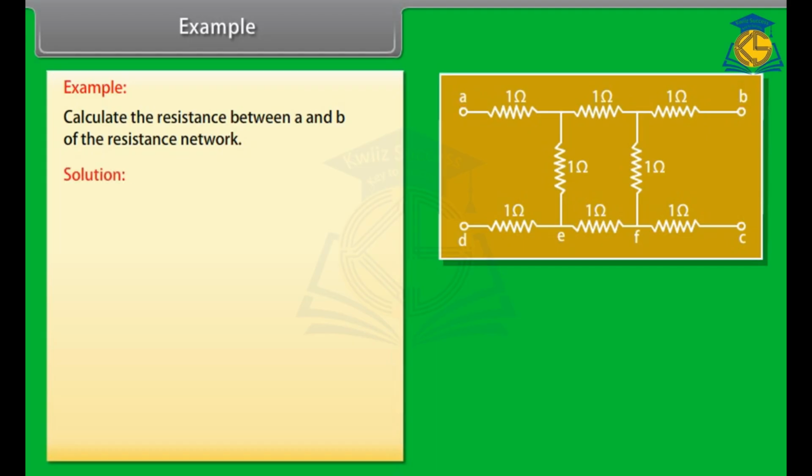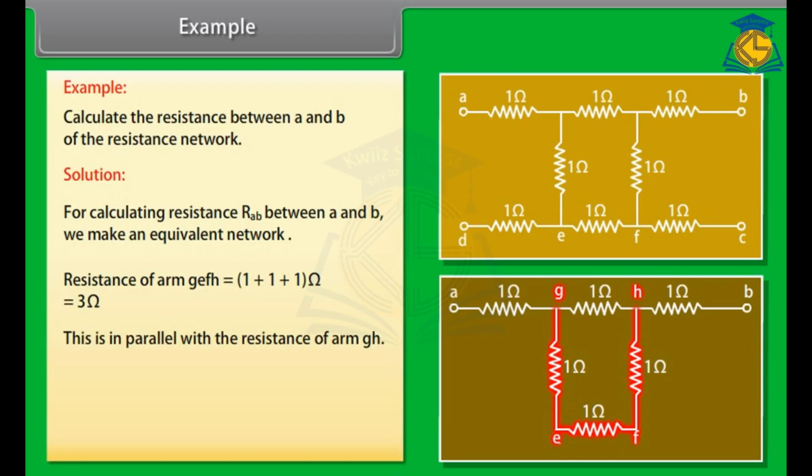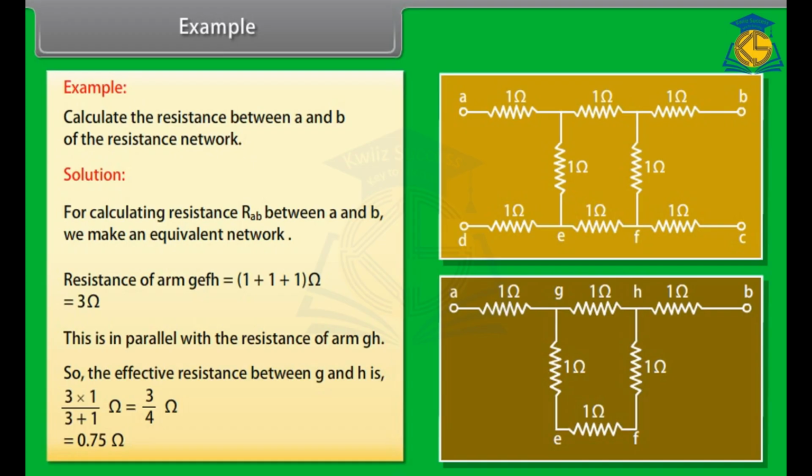Let's see the solution. For calculating resistance RAB between A and B, we make an equivalent network shown in the figure. Now we calculate the resistance of arm GEFH, which is equal to 1 + 1 + 1 = 3 ohm. This is in parallel with the resistance of arm GH. So, the effective resistance between G and H is equal to